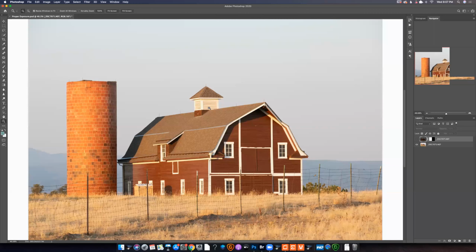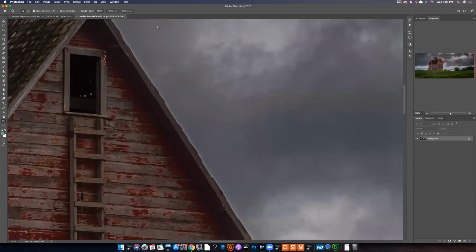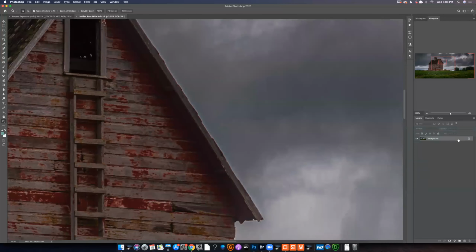All right, so I'm bringing up an image that I shot in Iowa a few months ago, on a stormy day, but I did darken the sky a little bit to make it a tad bit more dramatic. And so what happened was, again, I got the halo right here. The same way, you just make a duplicate layer and change the blend mode to darken. Now, with this, if I